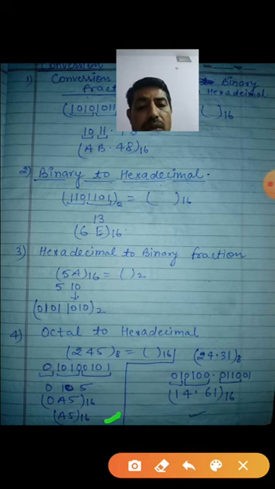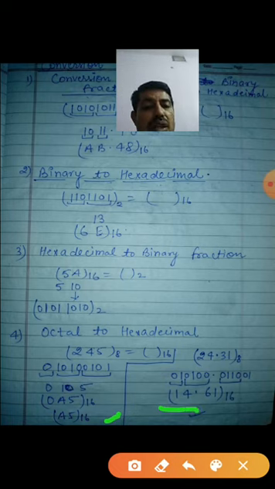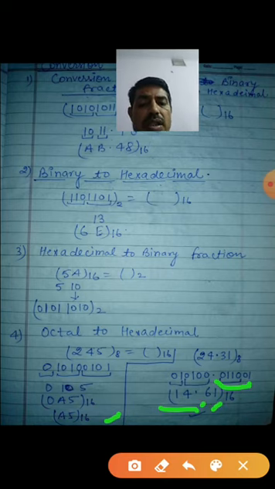Then you will go for the hexadecimal. Now you take 4 bits. Okay. So this will be what? 4. And the last one is what? 1. After the fraction point you will select 4 from left to right. That's why you take from here. So 0, 1, 1, 0. This is a 6. Now 0, 1 is there only. So this will be 1. This is the final answer.